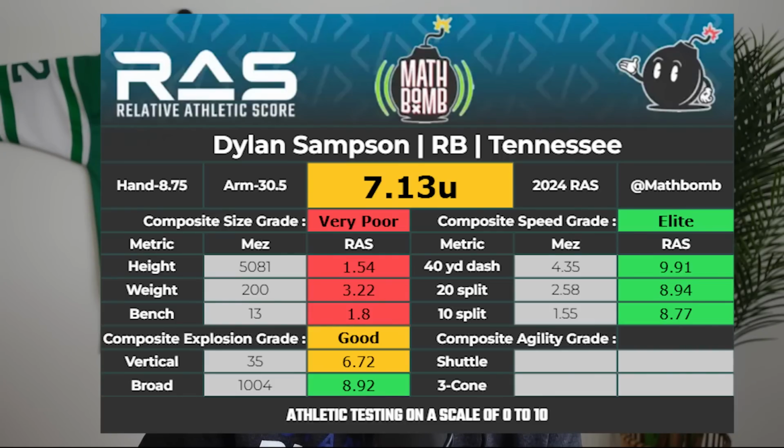Dylan Sampson also didn't test in the 40, which kind of sucks because he is projected to run a 4.35. Again, if he does in fact run that fast, he has a chance to get over a 7.5 RAS, but that is looking unlikely because his size is not good. 5'8", 200 pounds. Only threw up 13 reps at 225 in the bench. He doesn't have a good size